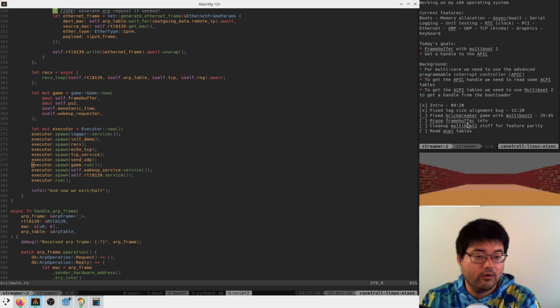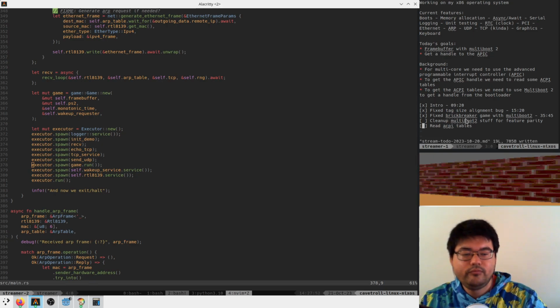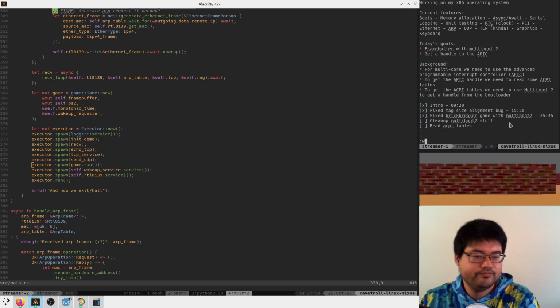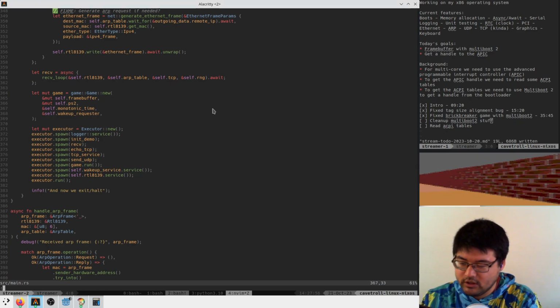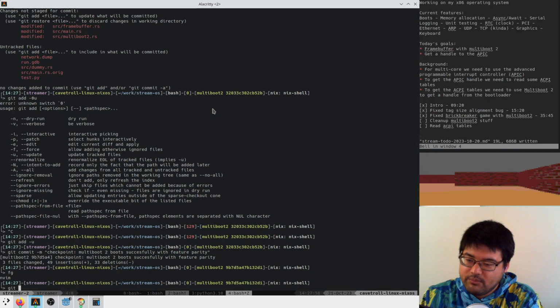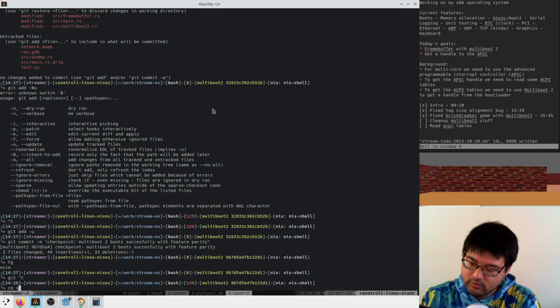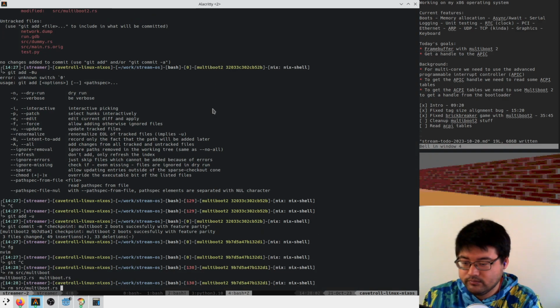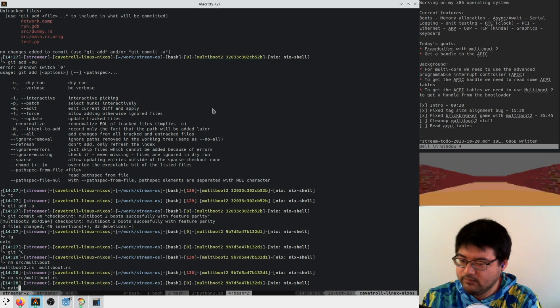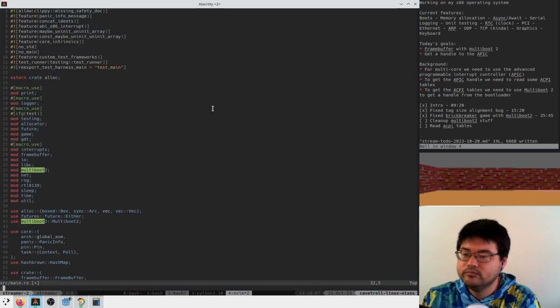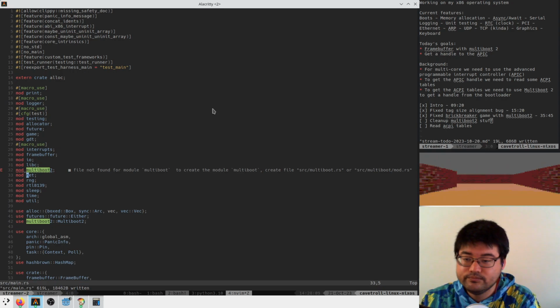Very nice. And now we're working on some cleanup, cleaning the multiboot 2 stuff, because probably we did a lot of messy things here. So one, we can remove multiboot 1. We don't need this at all. We're only on multiboot 2.